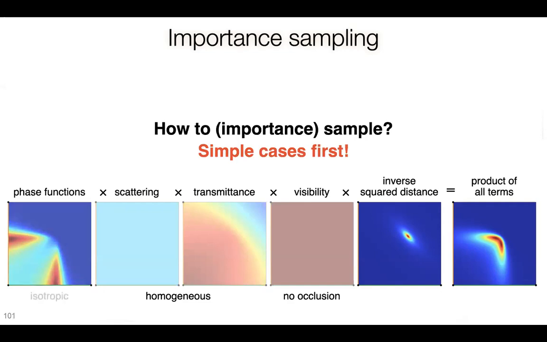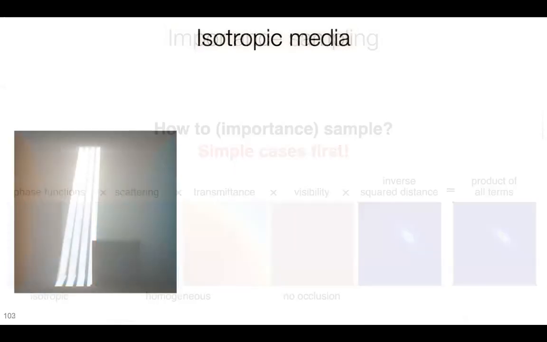All right, we can further simplify our life and assume a constant isotropic phase function. And after all these simplifying assumptions, you see that the product, your integrand, the product of all terms, looks pretty much the same as the inverse square distance term. And what it means is that, for example, if you consider one VRL in this scene and the corresponding pixel as your camera ray,